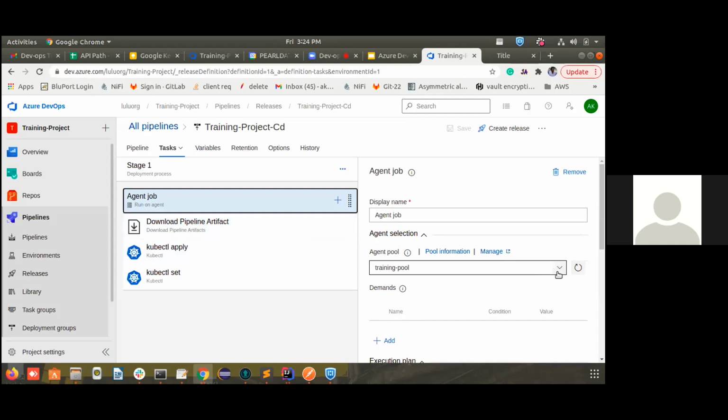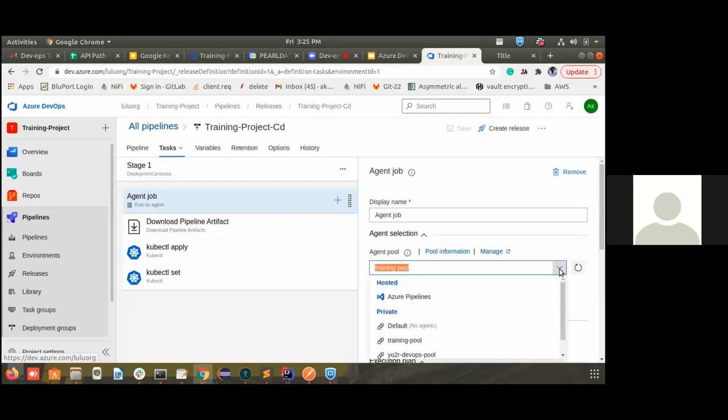In Azure DevOps, you cannot run anything inside this DevOps portal itself. Azure gives some agents, and if you pay for them, they will give you an agent where you can run. Even then, you have to choose from here. You have to choose the Azure pipelines, and if your subscription has agent pools, you can use that. Otherwise, you have to create an agent pool just like I did.